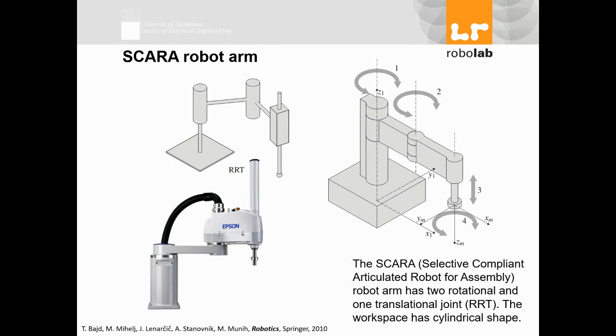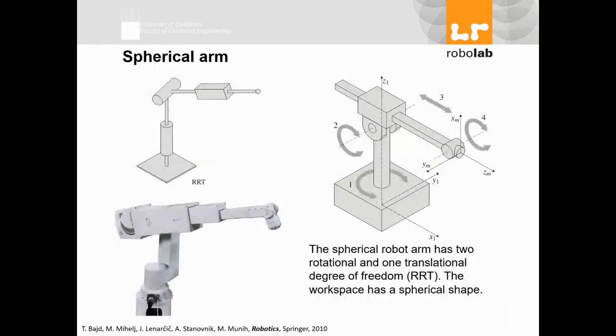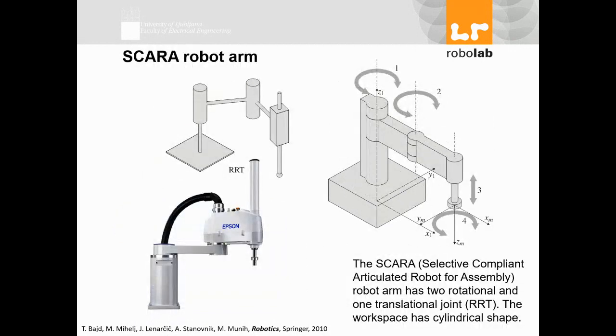It was invented, I don't exactly remember, I think by a Japanese company, if I'm correct. Its robot arm has 2 rotational and 1 translational joint, which is RRT again. So look at this. This is RRT, but look at the combination. You have rotation, and extending back and forth, and this one is rotation, this degree, and this one, and here